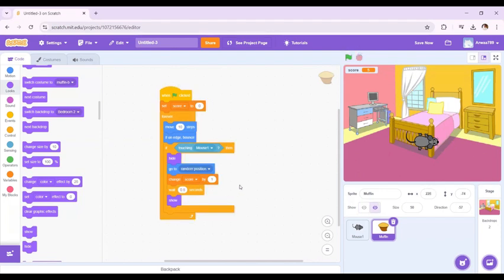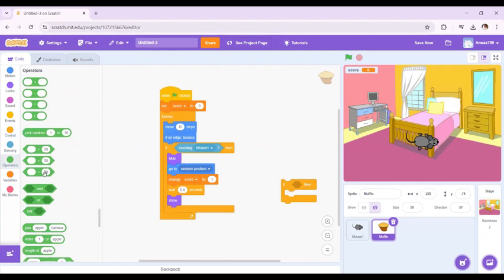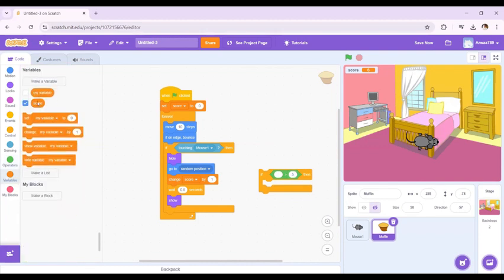Now we want to add a winning condition to our game, that if it reaches a certain score, then we want the mouse to win. So let's add another conditional, and the condition is that if my score is greater than 5, then I win the game. So let's go to the operators and drag out this greater than sign here, and we say that if it is greater than 5, and we go to the variable section, and I put score in here. So if score is greater than 5,